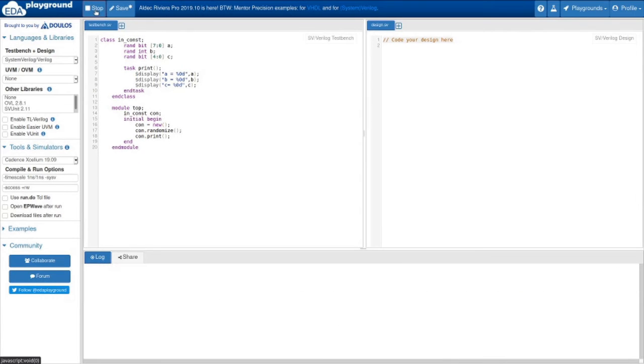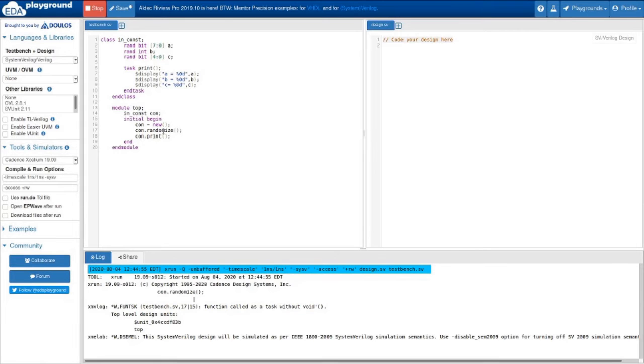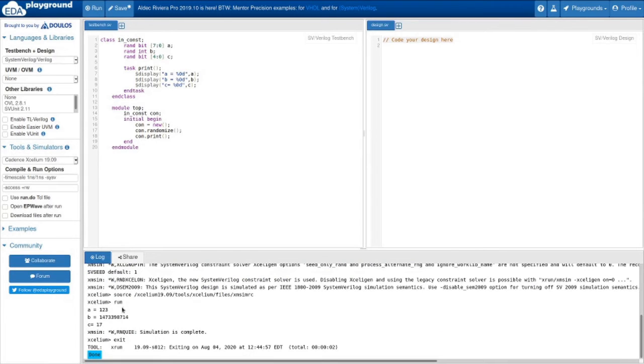Now run it again. So what is the value? a is equal to 123. After that b and c have their values, right? This is our 8-bit vector a, so it may be up to 256.